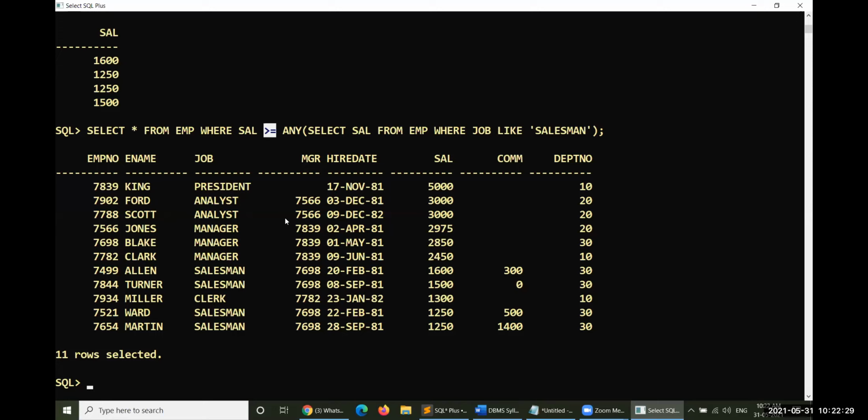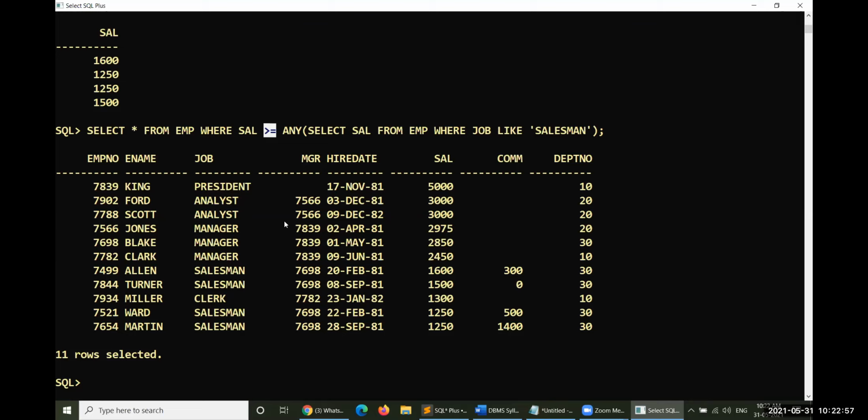Whereas greater than any means the subquery generates some number of values, and out of all those values, one minimum value will be there. Above that minimum value, rows are displayed. So that is the point regarding less than any and greater than any. These two are subqueries in subqueries, so ANY plays a vital role.